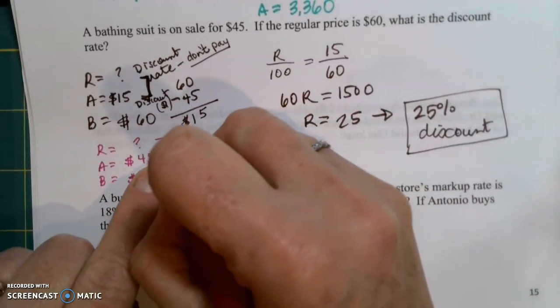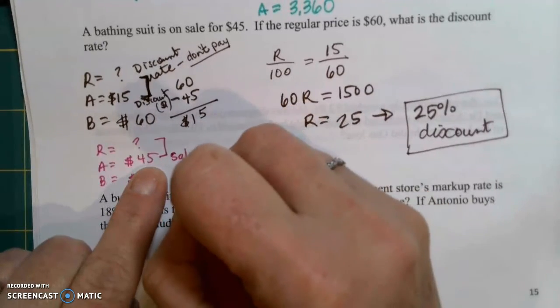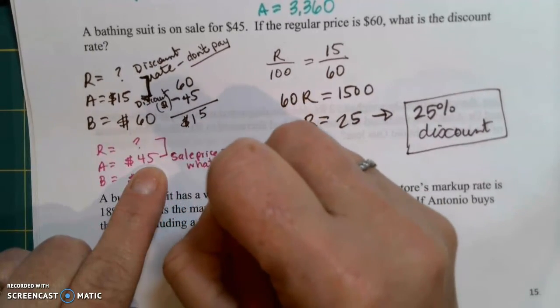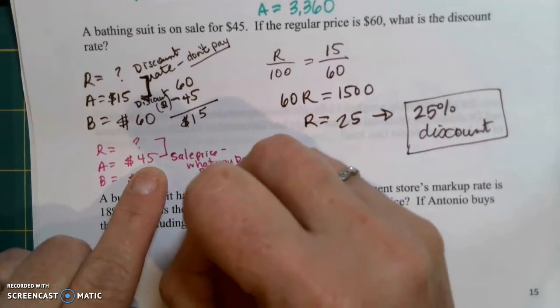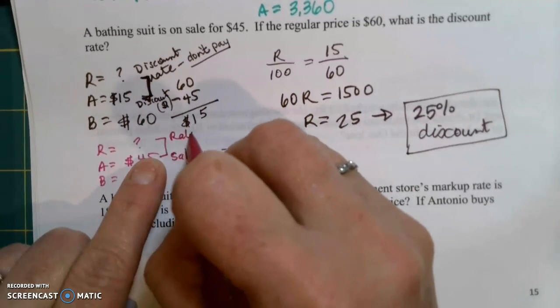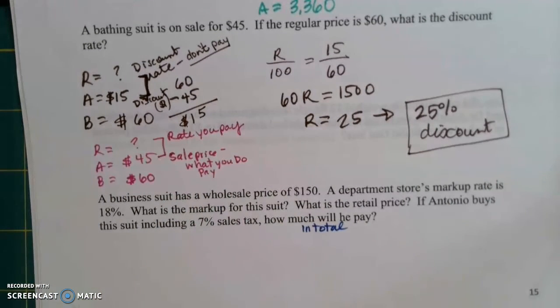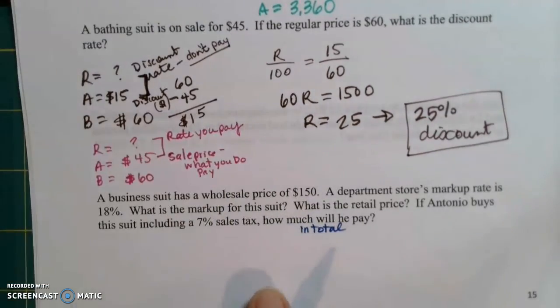So this is, remember, the sale price, in other words, what you do pay. So then make this the rate you actually pay. And essentially what ends up happening is that we have to subtract at some point. So in the one that I did first, we subtract